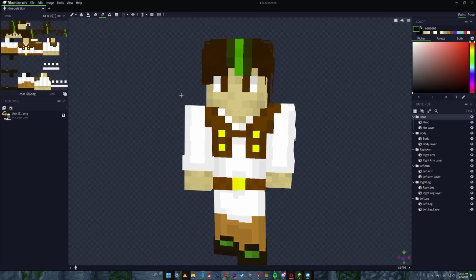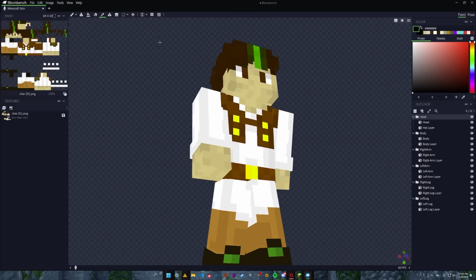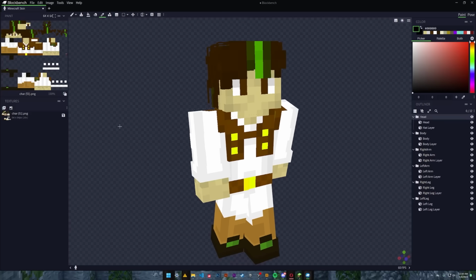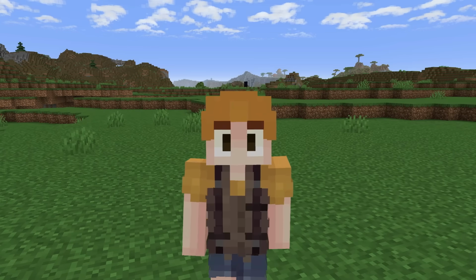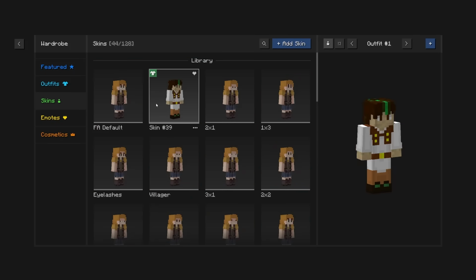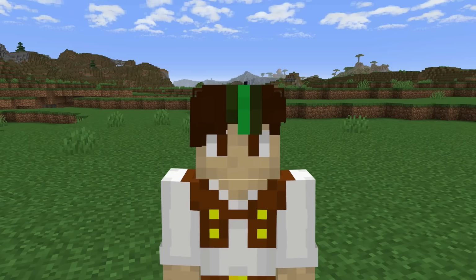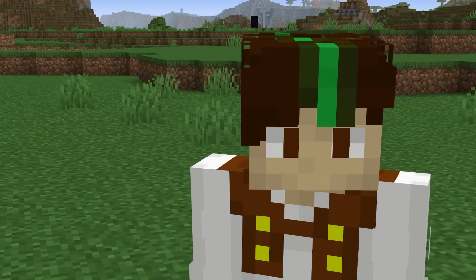You can see that Joel's skin is unscathed. That's because the only part of the skin that we changed is a part that is not showing up. So that means we are good to go. All we have to do is export this and bring it into the game. And so it's convenient and I don't have to restart the game. I actually already preloaded Smallish Bean's skin, so now I just click that and there we go. Now I am Joel. I've got the nice animated eyes, everything is working perfectly, and I have done plastic surgery